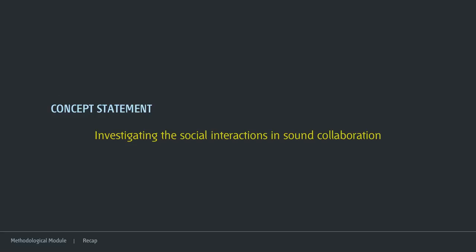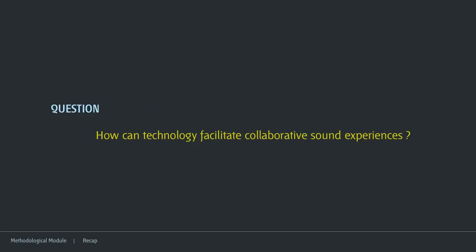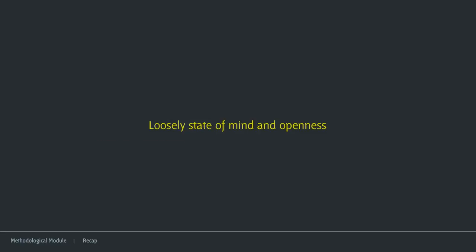A little recap: the last module I chose was the conceptual module, where I was building my concept statement. Right now it is investigating the social interactions in sound collaboration. And one of the main questions is, how can technology facilitate collaborative sound experiences? Also, the idea of making people achieve a loosely state of mind and openness through these experiences is very important